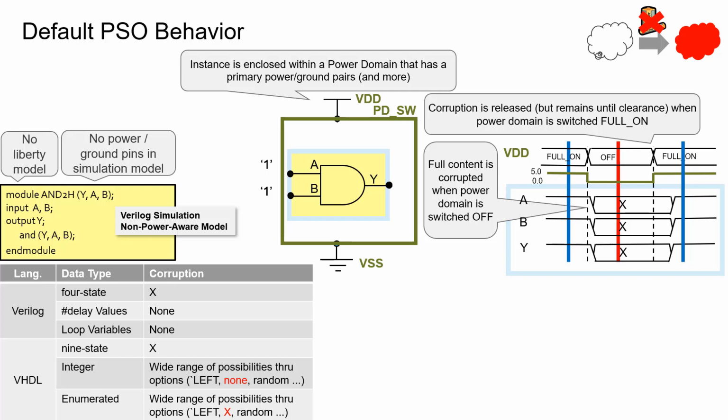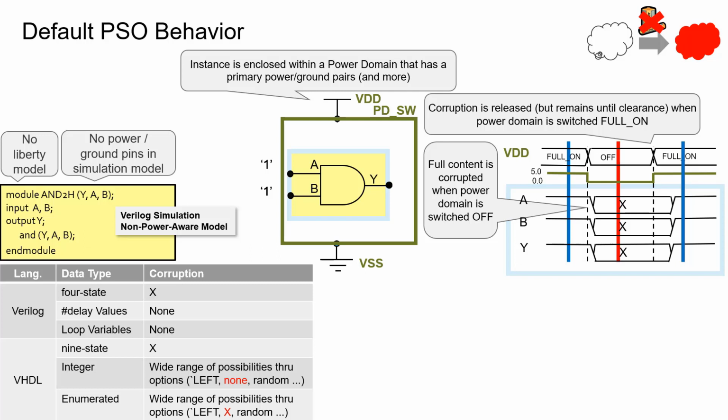But imagine we pick the leftmost. Your enumerated state will be back to the first value, which is often the one at reset, and your state machine could start again. So what we decided is that under the hood, we will add a new X value to make sure that you have to do something in order to really resume your activity.